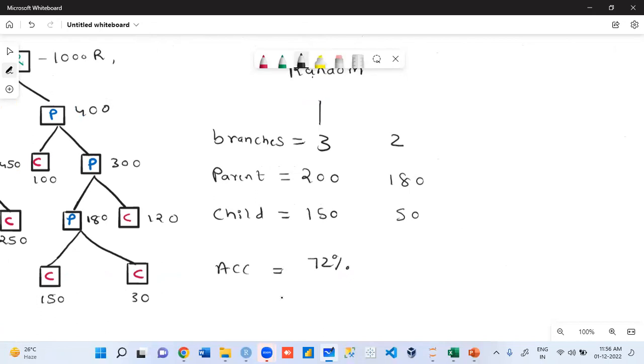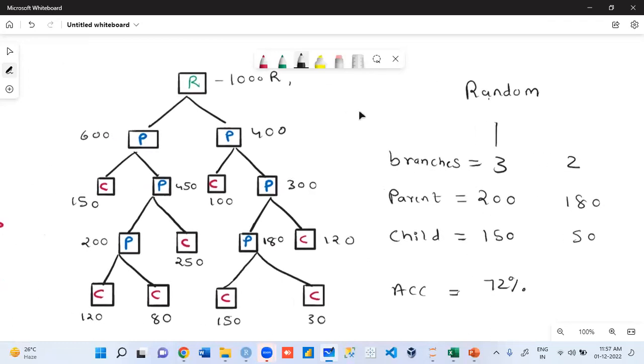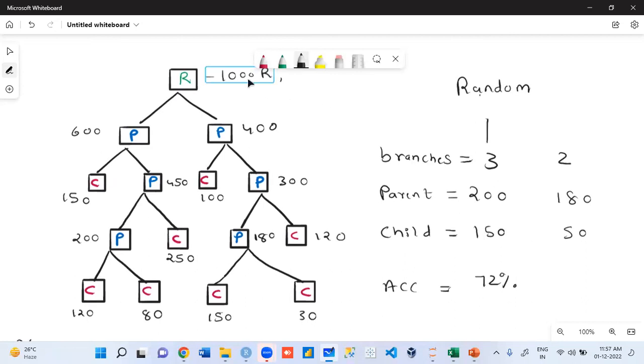I tried the second combination. Who will decide this combination? We will decide randomly. It depends on you what you want to take. When I say the number of samples in child nodes can be more than 1000. Why not? Because the data itself is 1000, how can it be more than that? Parent node can be more than 1000.